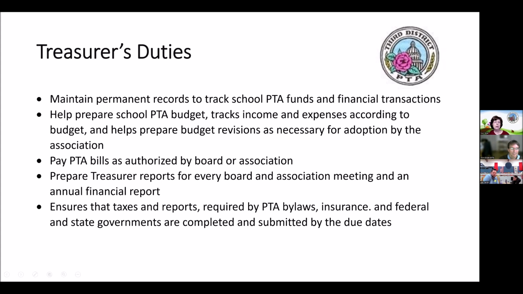Treasurer. The treasurer maintains the permanent records to track school PTA funds and financial transactions. The treasurer can create their own Excel spreadsheet. They can use QuickBooks or other financial accounting software, or you can choose to use PTEZ. PTEZ is a program designed for PTAs to use. It has 2 parts, 2 halves. One part is free, and that's where we upload and you keep track of your officers and things like that. But the other part is paid, and